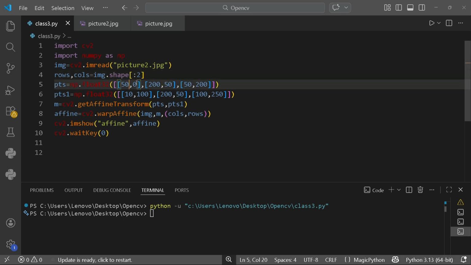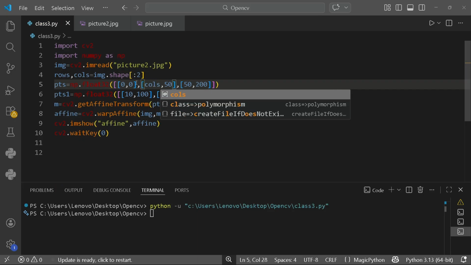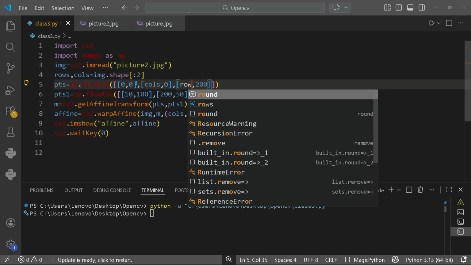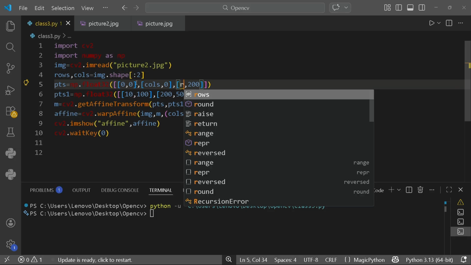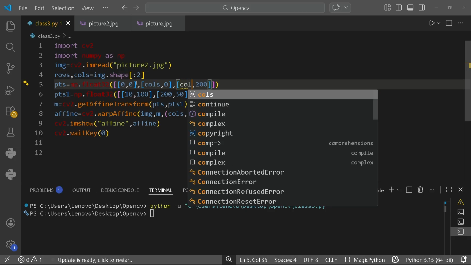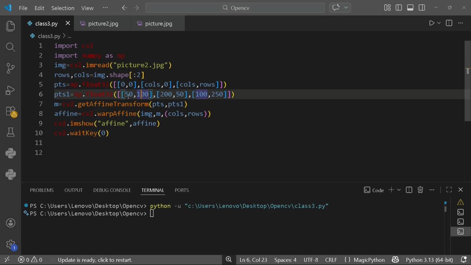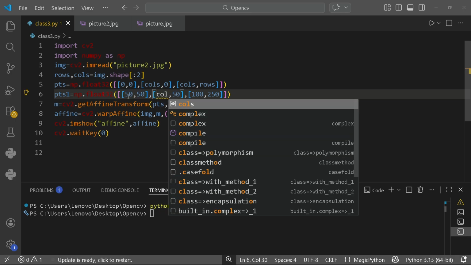So here we'll make it 0 and 0, and we'll make here the columns and then 0, we'll make it rows. Okay, we'll make it columns, and we'll do it rows, and here I'll make it 50, and this one is also 50, and columns